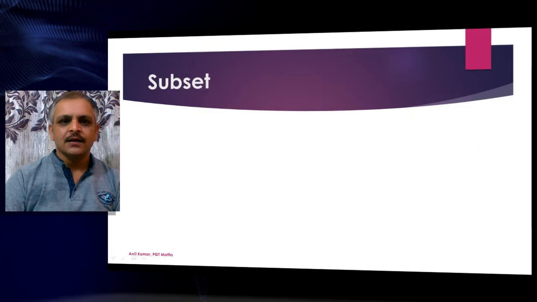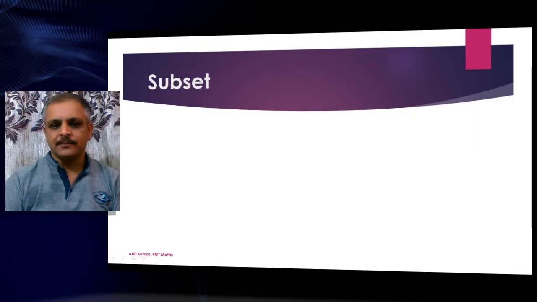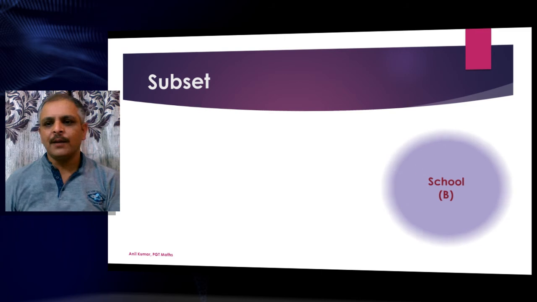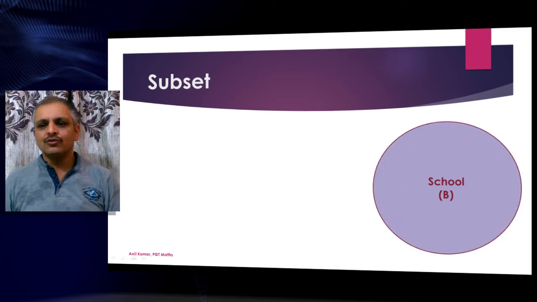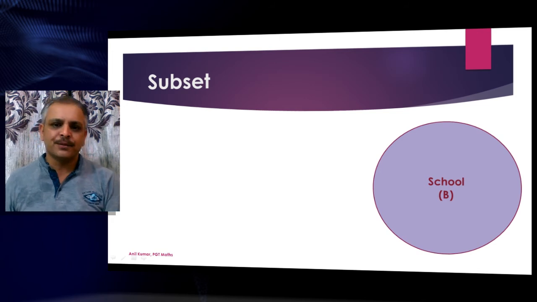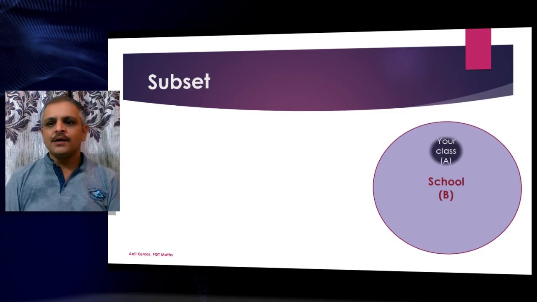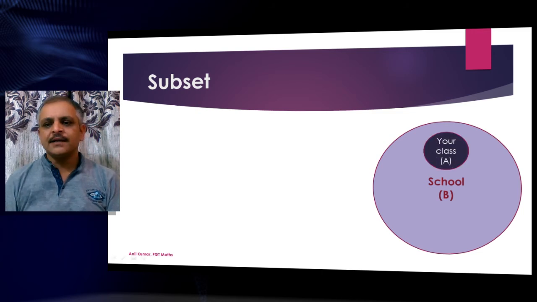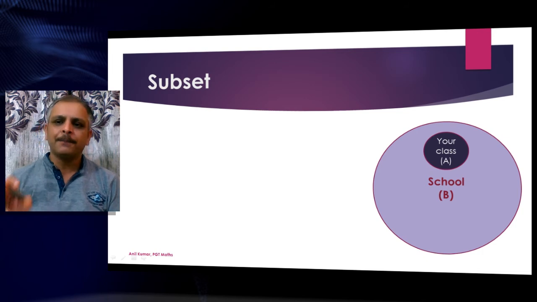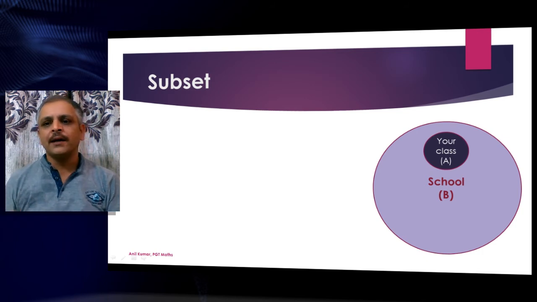तो आइए शुरू करते हैं आज की क्लास। सबसे पहले हम बात करते हैं सबसेट की। तो ये आपके सामने मैं एक एग्जांपल रख रहा हूं। ये मान लीजिए आपका स्कूल है। ये जो आपको एक वेन डायग्राम की मदद से मैंने रिप्रेजेंट किया है स्कूल को, जहां सेट B स्कूल के सभी स्टूडेंट्स को रिप्रेजेंट करता है और ये आपकी क्लास है। सेट A आपकी क्लास के स्टूडेंट्स को रिप्रेजेंट करता है। तो आप देख पा रहे हैं कि आपकी क्लास पूरे स्कूल का एक पार्ट है। That means whoever is the student of your class is also a student of your school.